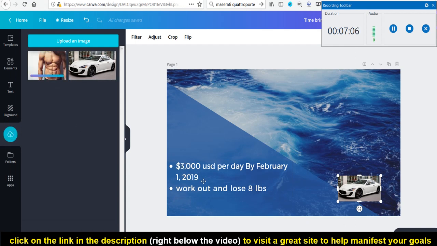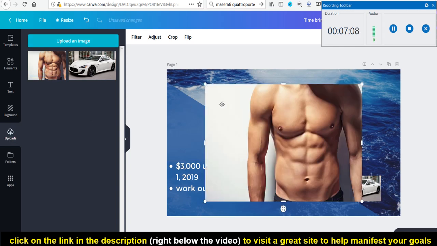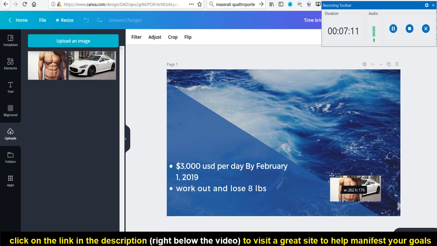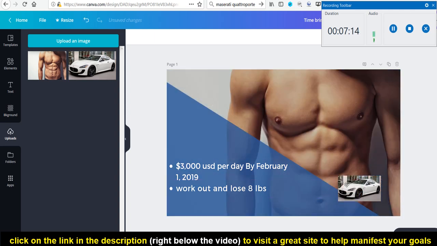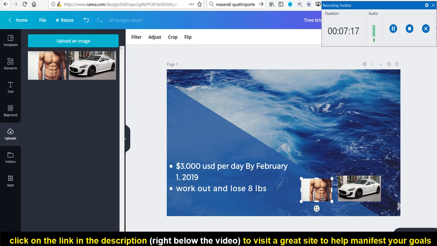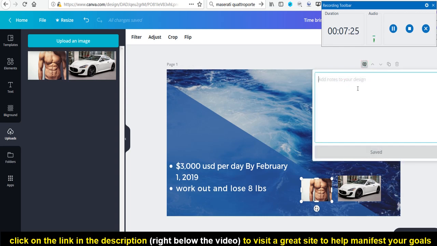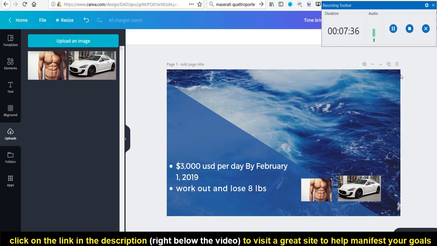You can continue writing here and just fill up your vision board, your digital vision board, to whatever you want it to be. Oops. There's the six-pack abs. And you can just continue on, like I said. And you can also add notes here. I've never seen this before. Get more muscle. See what happens. So there's just a note there. We don't really need that part, but whatever. So that's a really simple vision board. I could continue working on this, but really, this is just a very basic part of it.